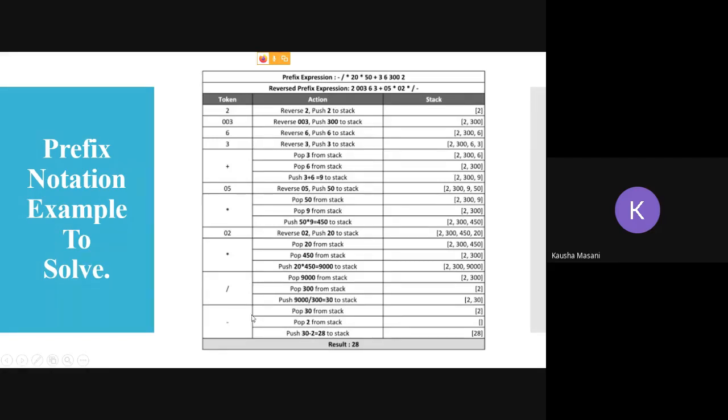Now the elements remaining in the stack are 2 and 30. And you got one operator, minus. So you are popping those 2 elements, 30 and 2. So 30 minus 2, that is 28. So your end result is 28. And in the output console, you are going to get 28. This is the example of your evaluation. Any doubt here? Any doubt here?